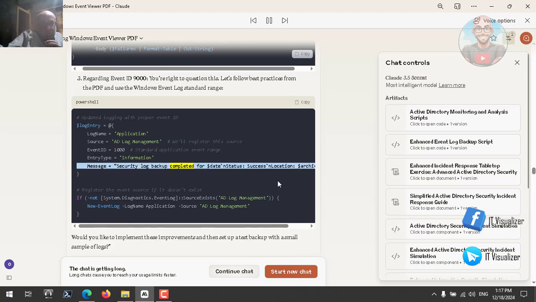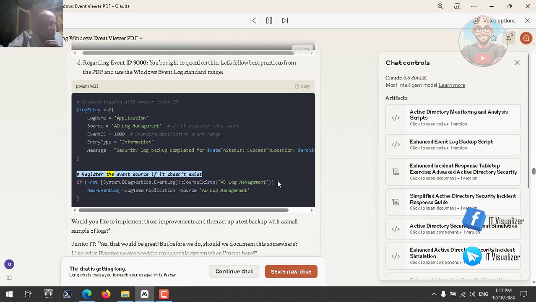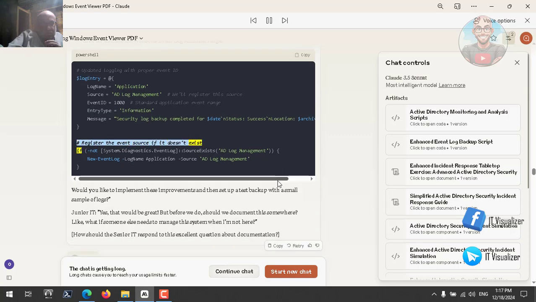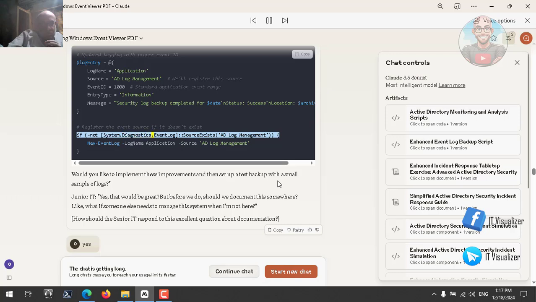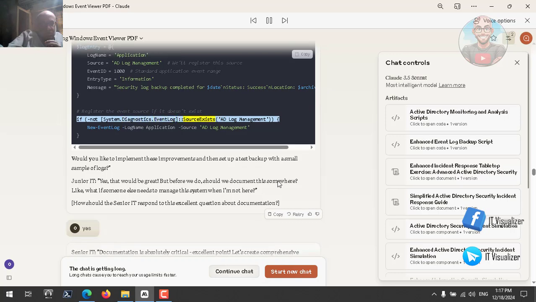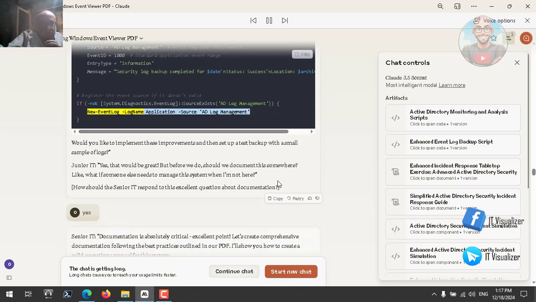"Information"; Message = "Security log backup completed for $date. Status: Success. Location: $archivePath" } # Register the event source if it doesn't exist if (-not [System.Diagnostics.EventLog]::SourceExists("AD-Log-Management")) { New-EventLog -LogName Application